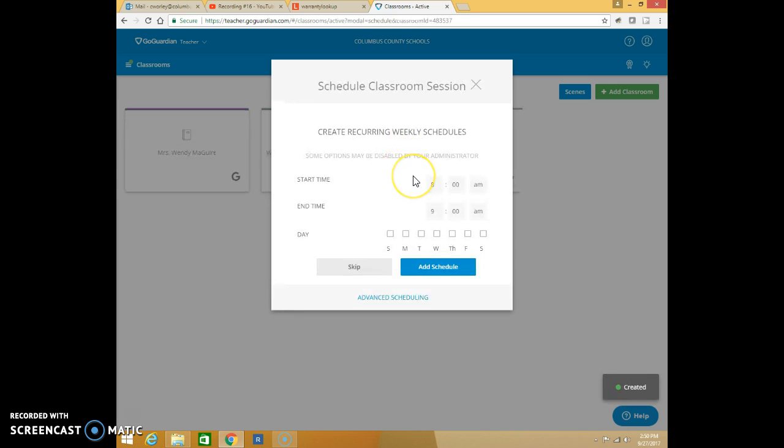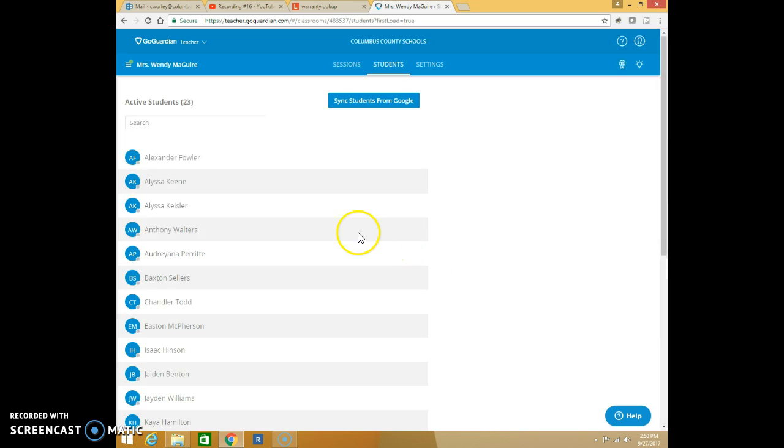and then you want to put the classroom session on a schedule. How long do you want to be able to view your students? You're going to do it from 8 o'clock in the morning to 3 o'clock in the afternoon, because that's the normal school day. And you're going to select the days that you want to be able to monitor them: Monday, Tuesday, Wednesday, Thursday, Friday. Sunday and Saturday, it will not allow you to monitor them, because that's kind of like their private time. So once you've created your session, you're going to click on Add Schedule. And then those are the students that have synced